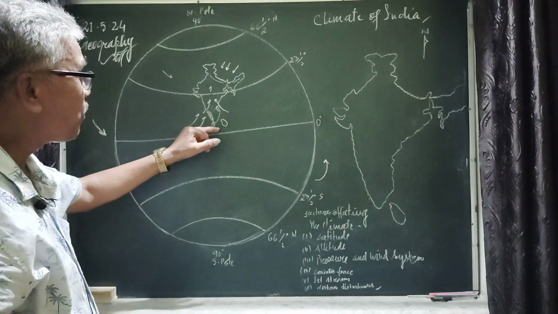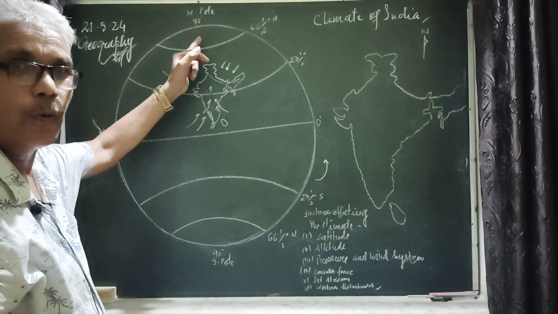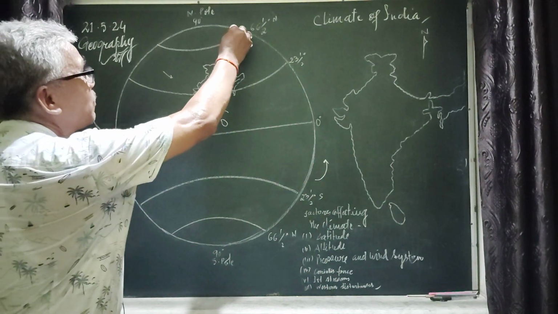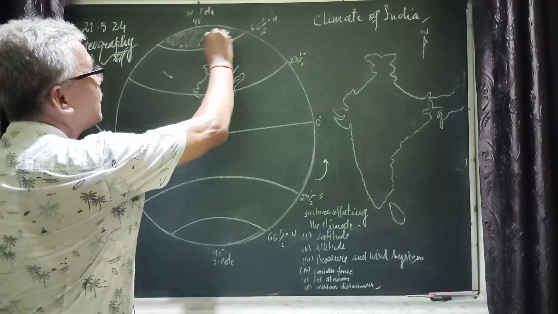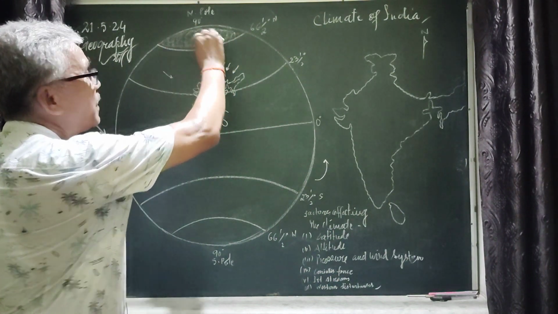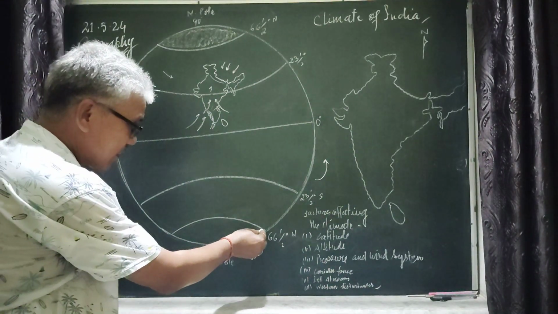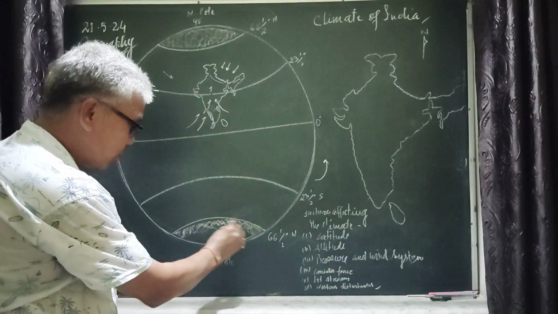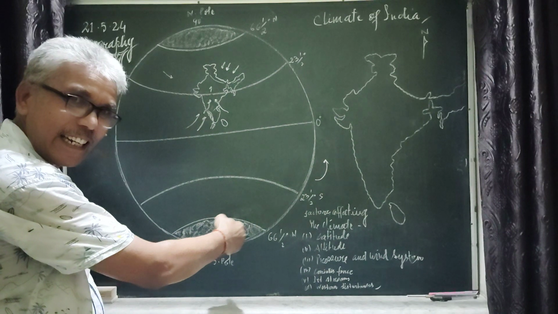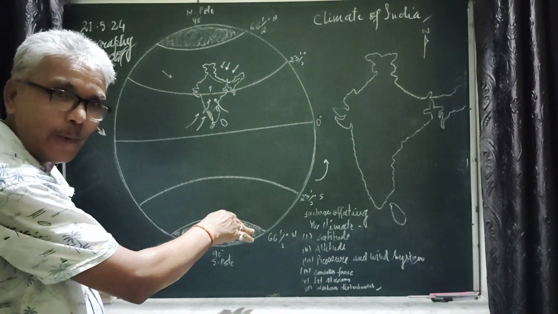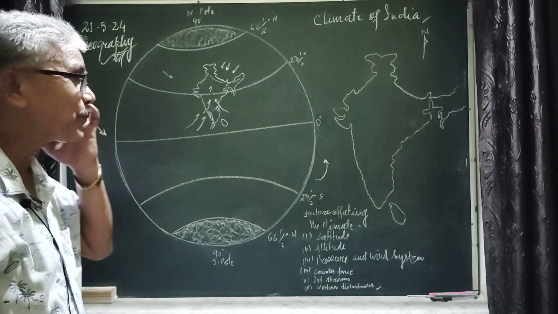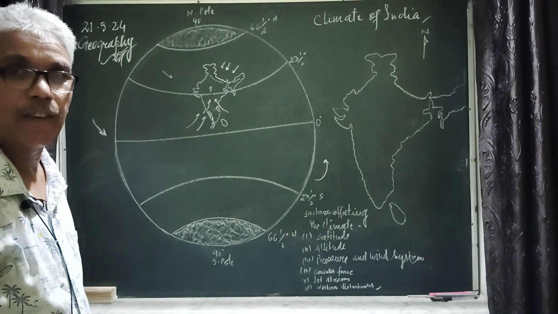But as we move from the equatorial region towards the poles, the amount of insolation decreases. Therefore, the north pole is the coldest region. This region is completely frozen. The temperature is below freezing point. In the same way, in the south pole, the temperature is extremely low, because the sun rays fall slantingly, obliquely, in this region. Therefore, the temperature is very low. Major part of this region is completely frozen. So latitude is a very important factor.